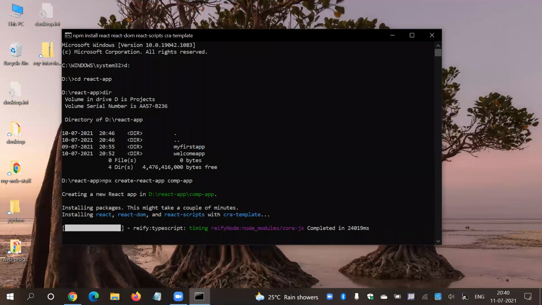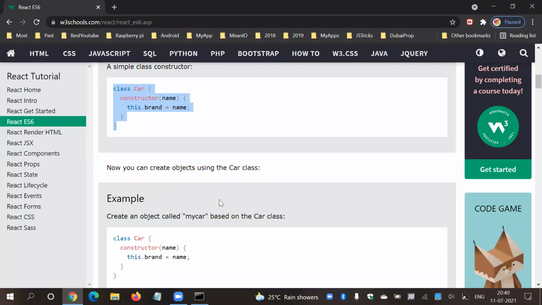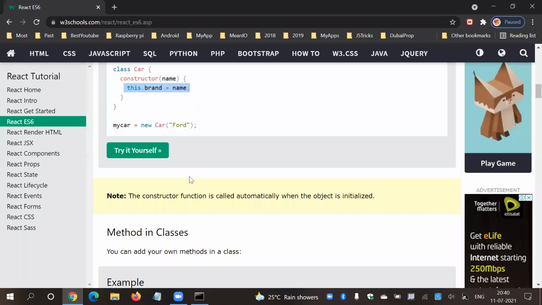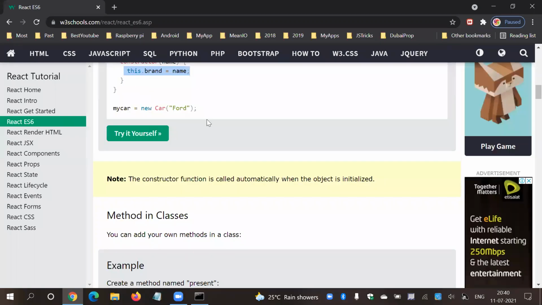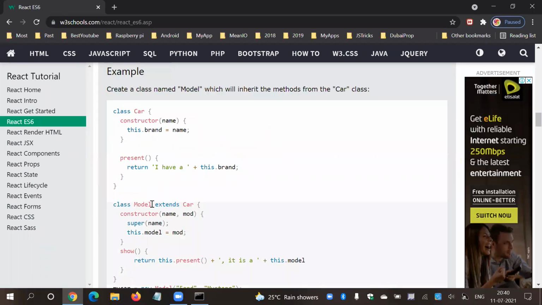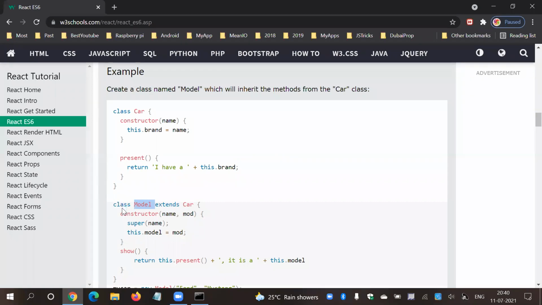So guys, here we can follow the class syntax: constructor, then the member variables, member methods, and just go through this link. You will find everything, like class, parent class extends to child class. This is basically an example of inheritance.